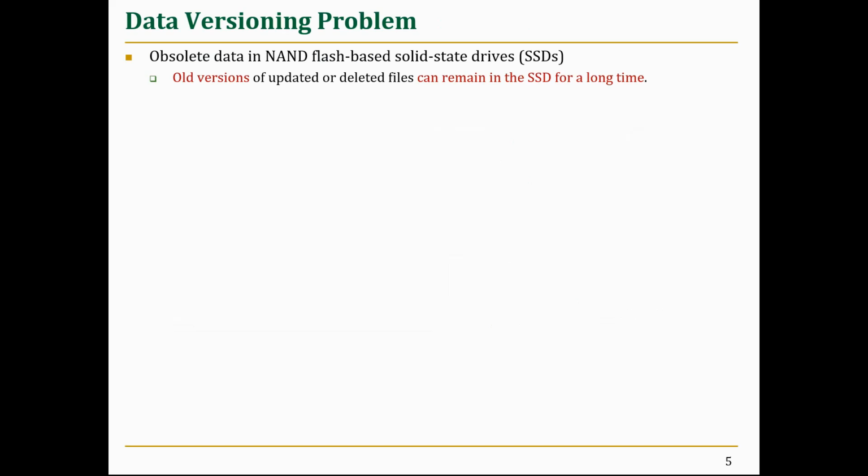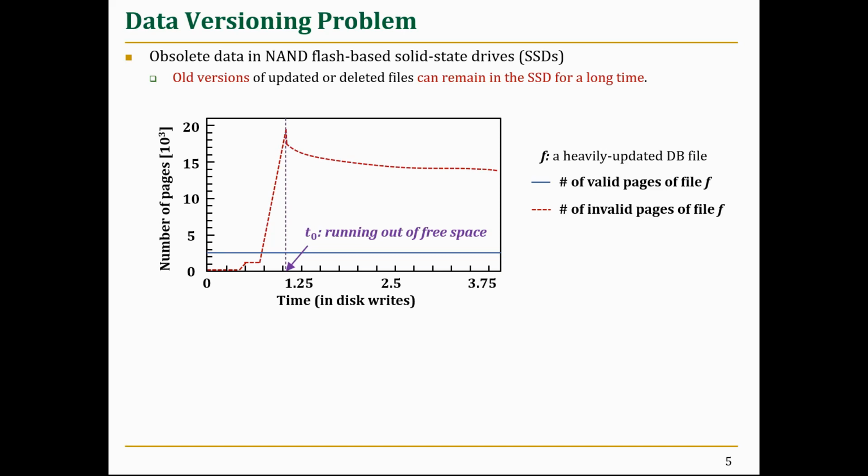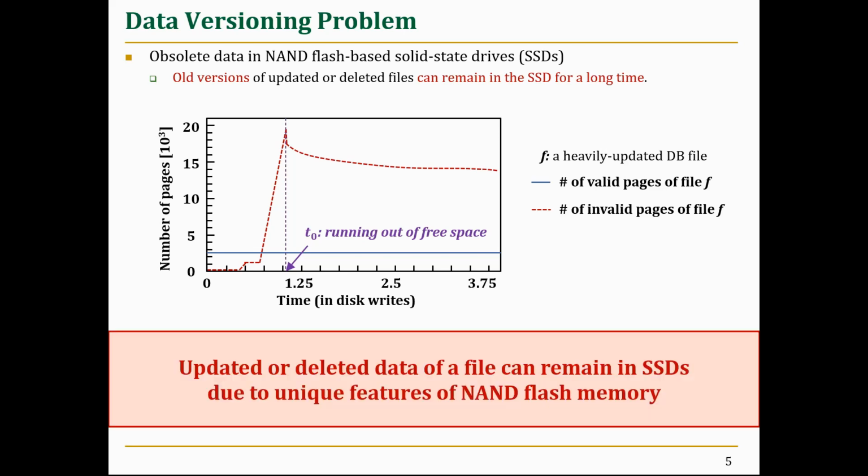To better understand this data versioning problem, we measured the amount of valid and invalid pages inside an SSD when a file is heavily updated. While updating the file, the number of valid pages remains the same, but its invalid pages rapidly increase as long as there is free space in the SSD. When free space runs out, the number of invalid pages starts to decrease, but the speed is very slow. Such a large amount of updated or deleted data remaining in the SSD is mainly due to unique features of